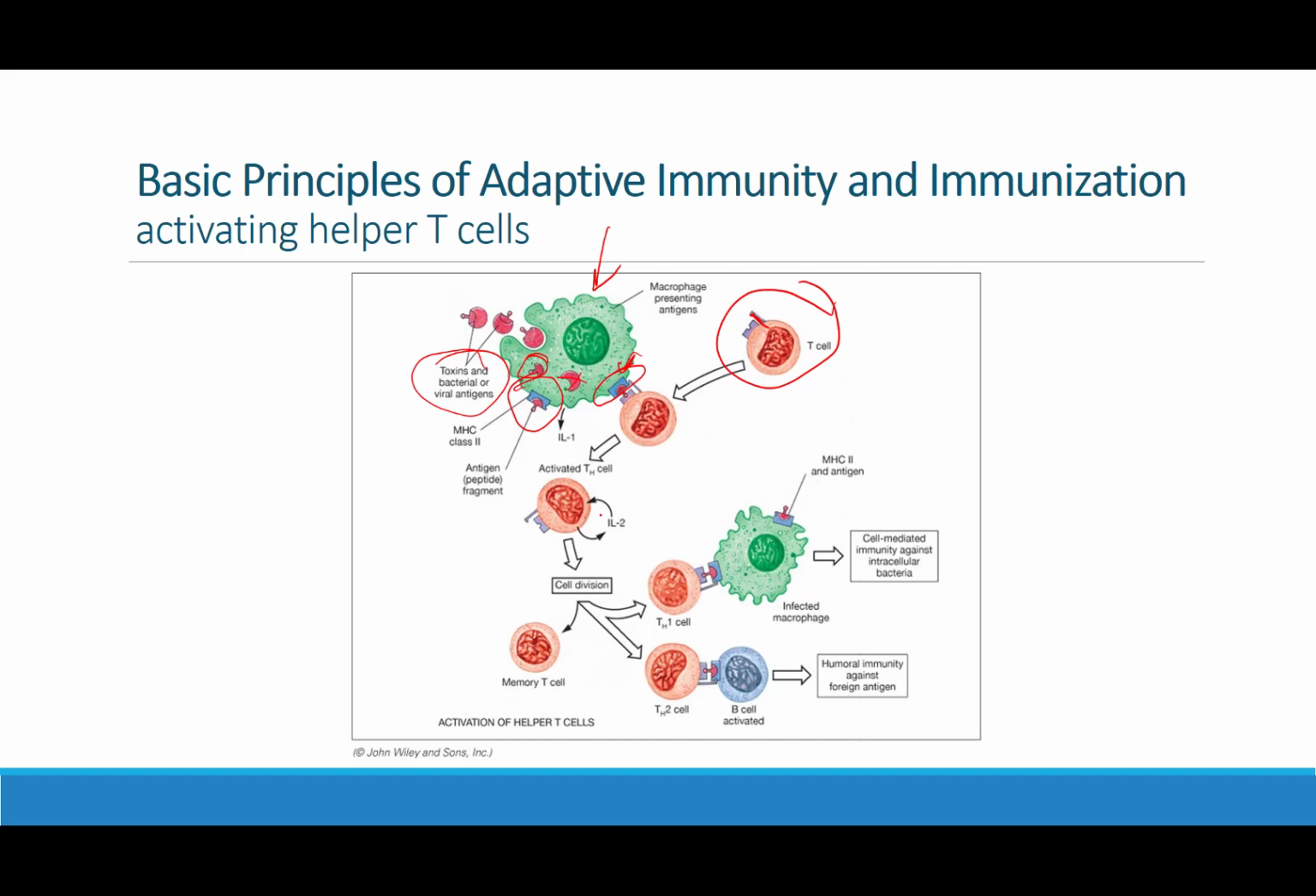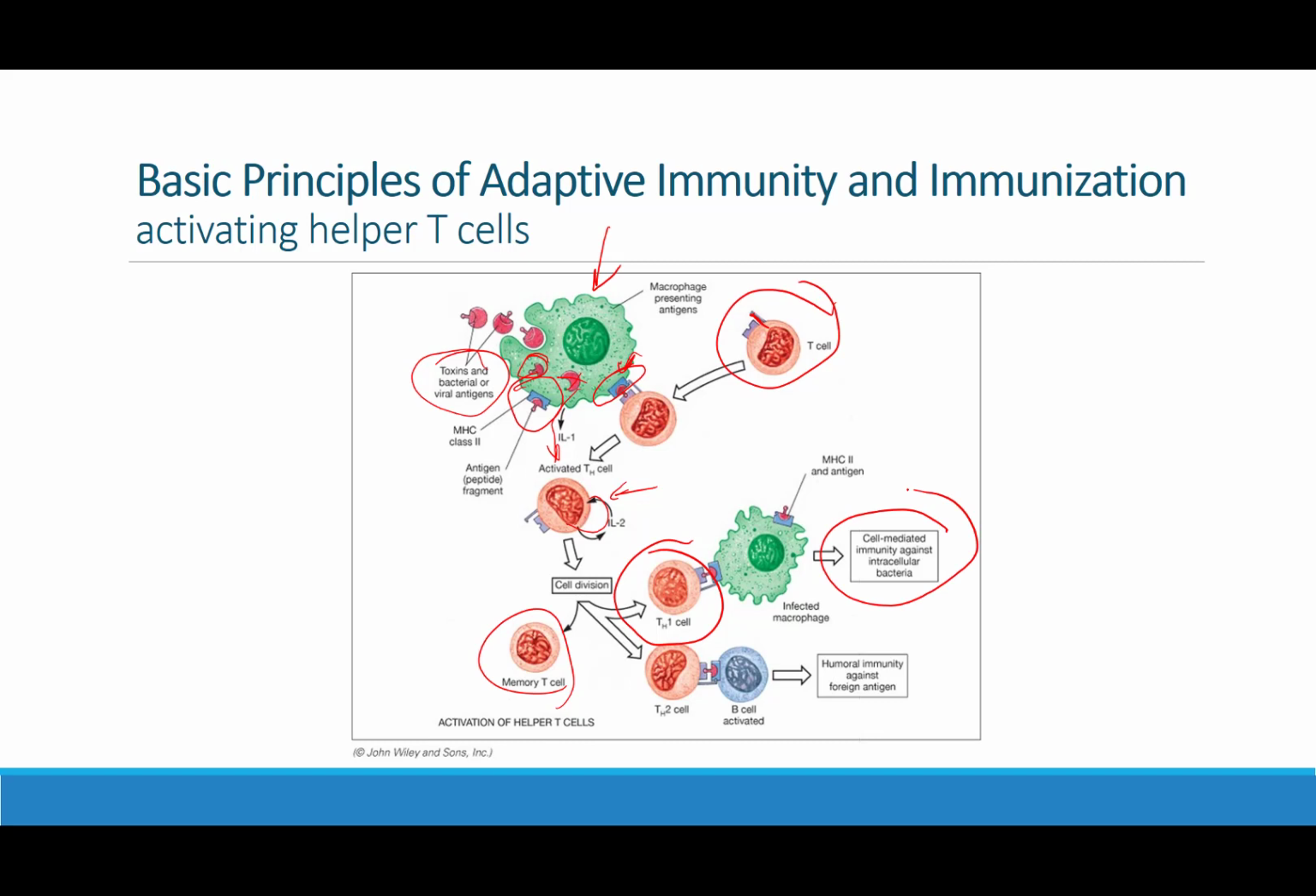The helper T cell produces interleukin-2. The macrophage produces interleukin-1. Both of these help to then trigger the division of the helper T cell to produce memory T cells. So now we have immunity being remembered. So we have the ability then to produce a secondary response. It produces helper 1 T cells, which will then interact with macrophages, activate the macrophage to go and